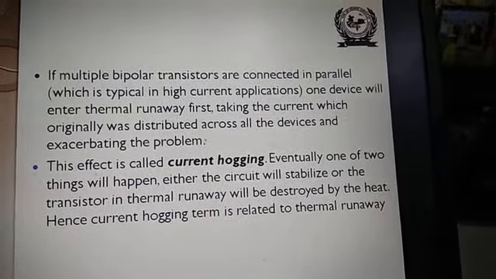IC will increase. And as IC increases, again temperature increases. And as temperature increases, again ICO will increase. And if ICO increases, again IC will increase, and this process continues. This is called thermal runaway. And finally, this thermal runaway will cause more and more heat at the transistor. And finally, the transistor may get burned if compensation is not done.